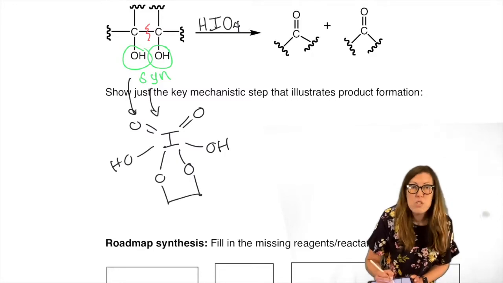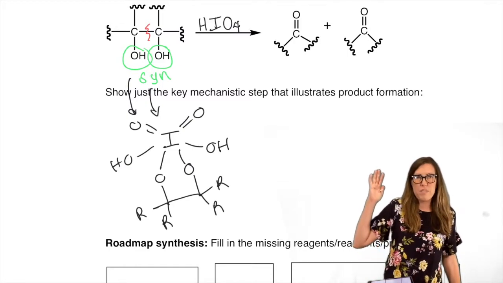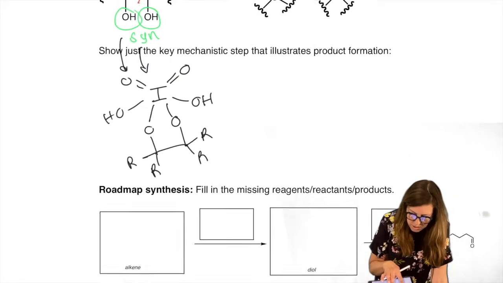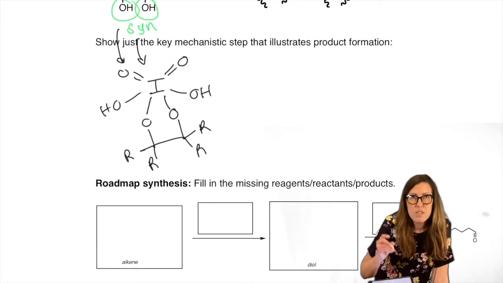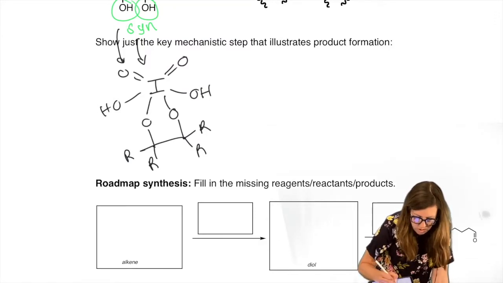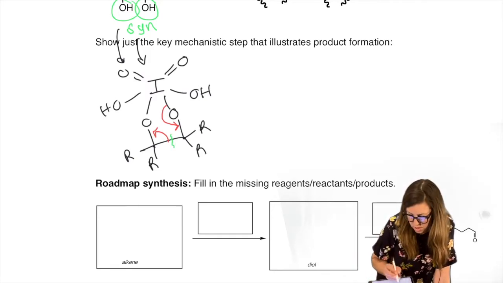We have to get them into a small ring, a 5-membered ring, and that does not happen in an anti orientation, right? You can't facilitate a ring closure if they're fixed anti. So I like this particular step of the mechanism because not only does it show why it needs to be syn, it also shows how the cleavage happens, how we cut the carbon-carbon bond and form the double bonds. So right here, this is the bond that's cut. You can see that arrow showing the electrons being taken away. The bond doesn't exist anymore. It's now part of this pi bond. This pi bond just formed.